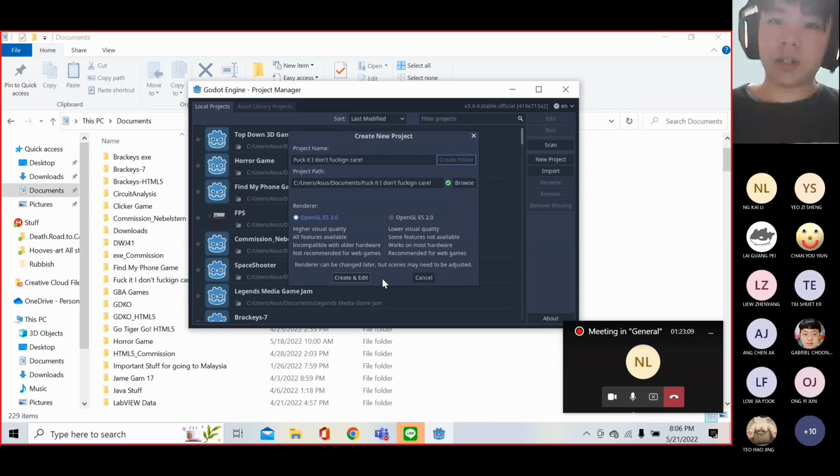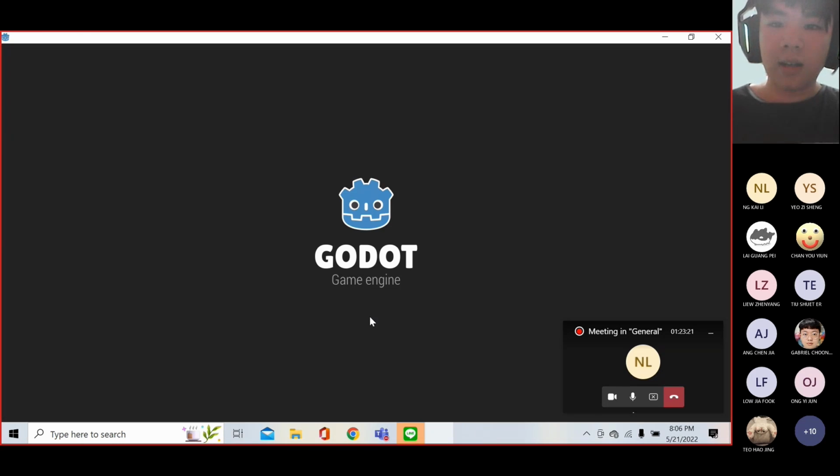So it's best you go here. But if you read it here, it says renderer can be changed later, but scenes need to be adjusted. So these two don't matter. So we just click create and edit, and bam,